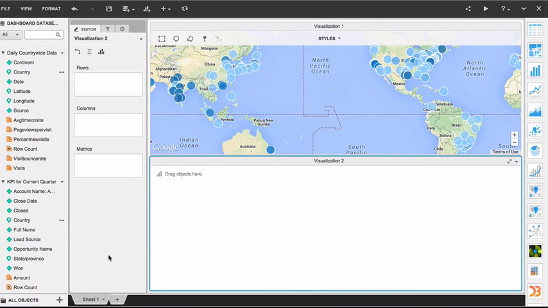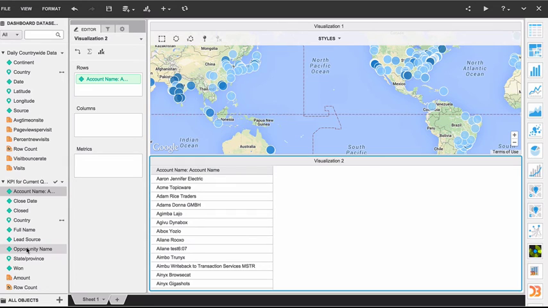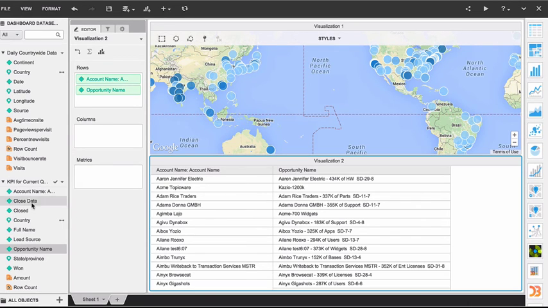And for now, let's just choose a simple grid visualization to look at the data, and we'll add all the attributes that we have from Salesforce: the account, opportunity, the country that we just joined with the Google Analytics data set, the amount of the opportunity,